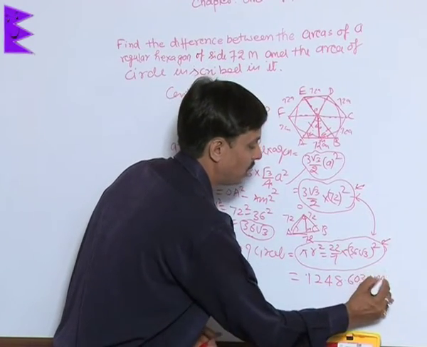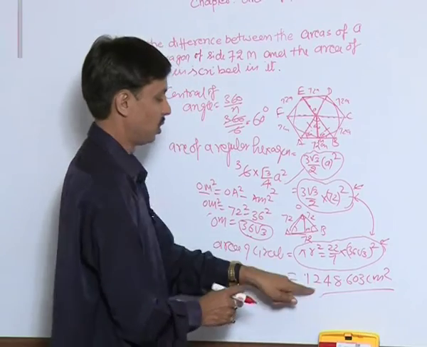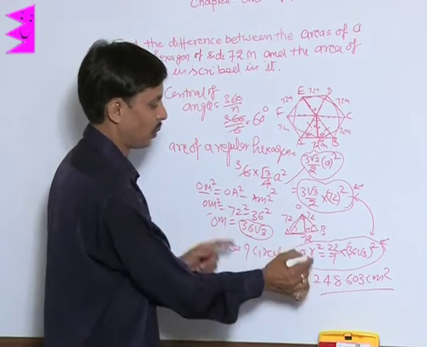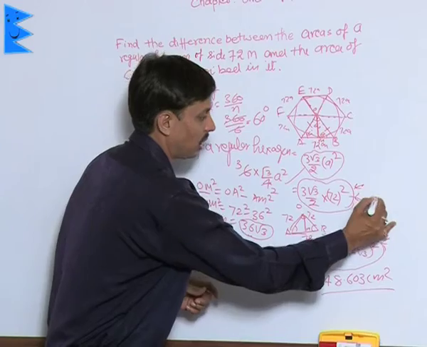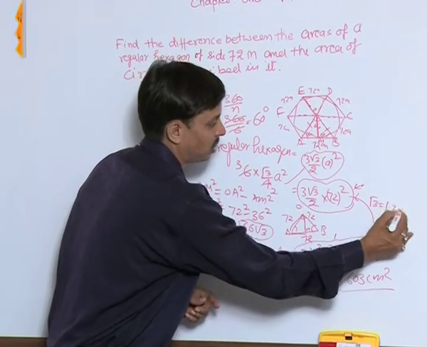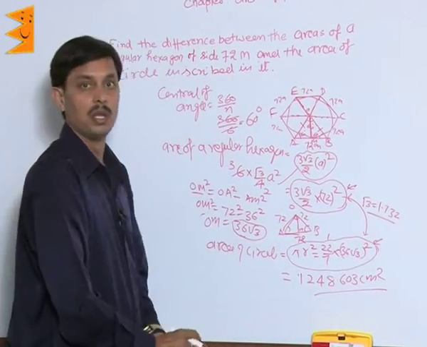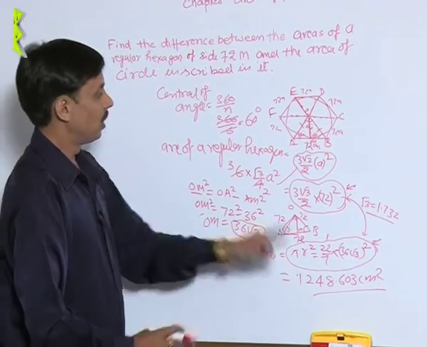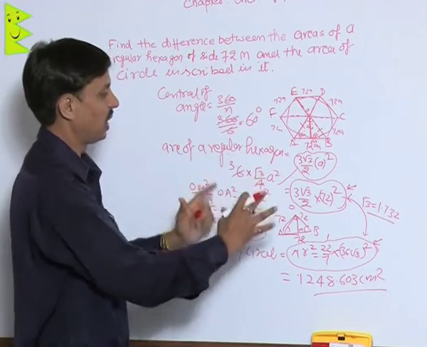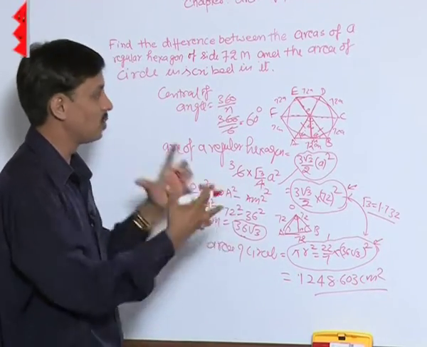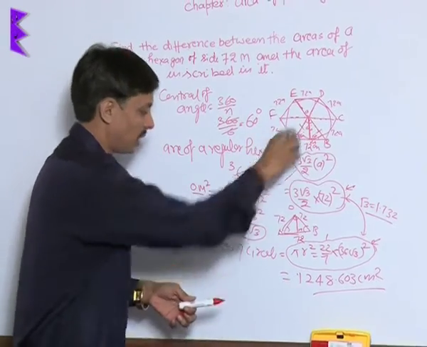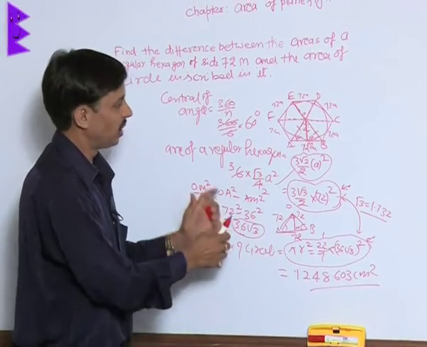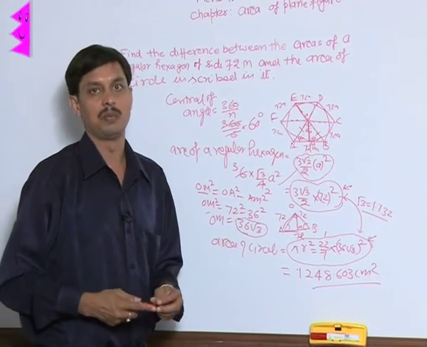1248 centimeter square. So this is the area. By putting the value of pi, you can take root 3 as 1.732 to calculate. This is the difference. So you can apply some results by using some conversions, like how to calculate the radius, as I have applied. Now I will share with you a few more examples.